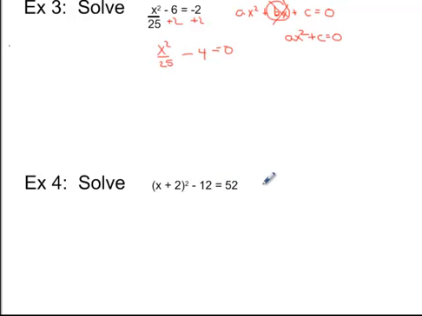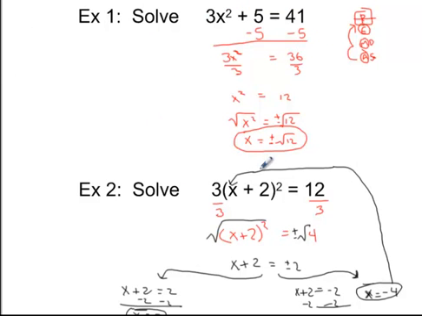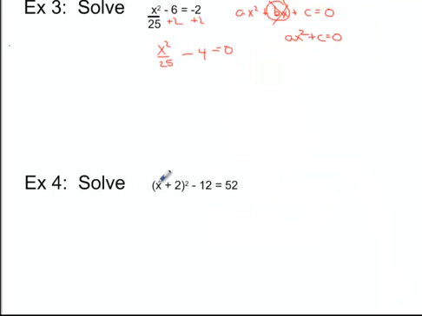It looks an awful lot like vertex form. You have one like that on the previous page as well. You see you've got some quantity that is squared, and you isolate that quantity and then take the square root. Well, that happens here too. You want to isolate this quantity, then take the square root. For instance, we're going to add 12 to both sides, and we get x plus 2 quantity squared is equal to